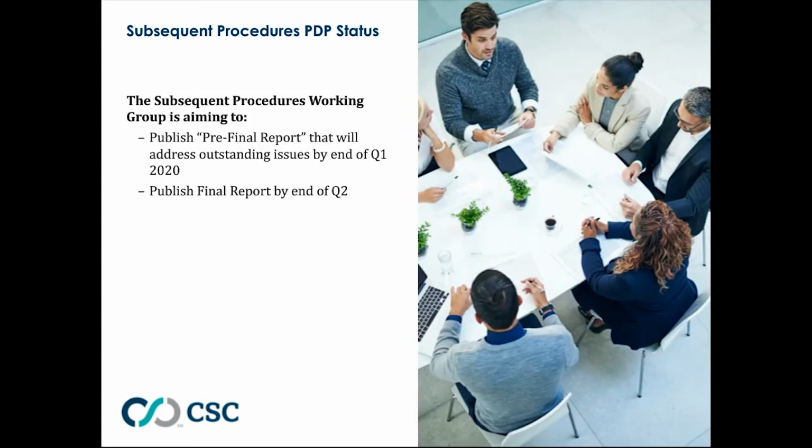So with all that being said, I think what we should really look for is for this work group to publish what they're kind of calling a pre-final report that will propose some solutions to the outstanding issues by the end of Q1 of 2020, with hopefully publication of their final report by the end of Q2. So we'll be watching for those reports, making sure that we look at them and see what kind of insight